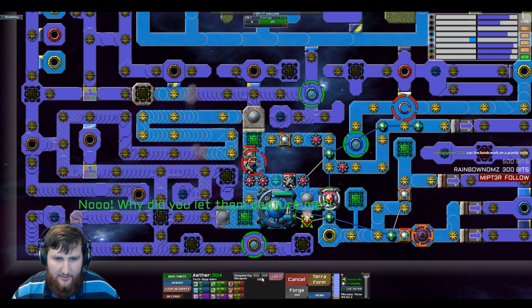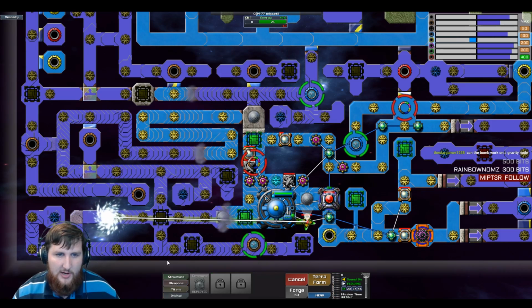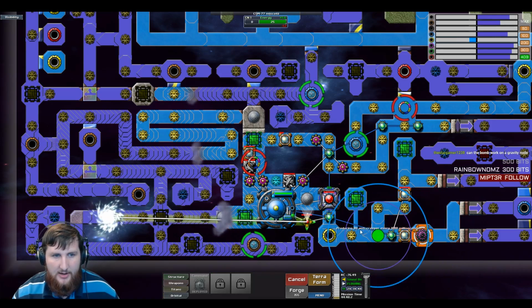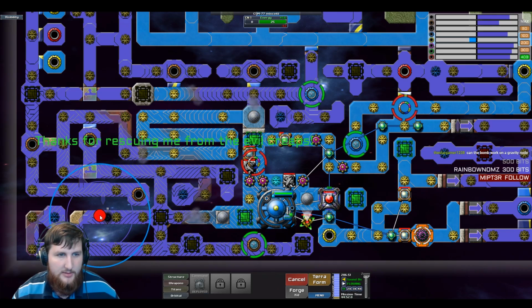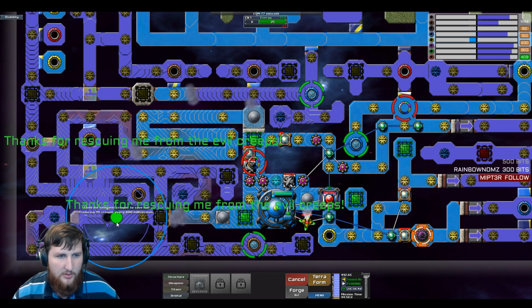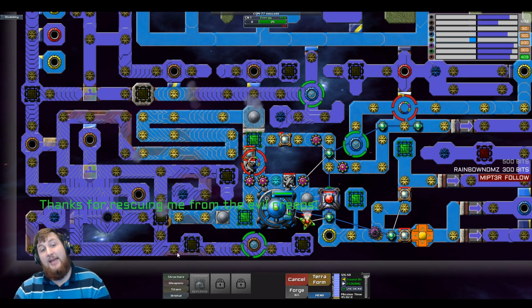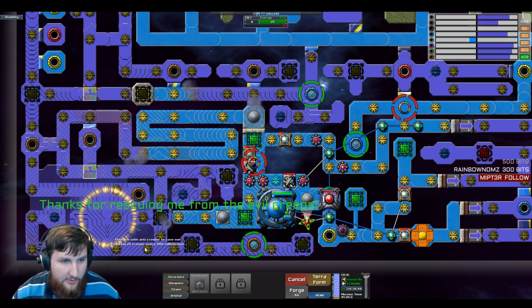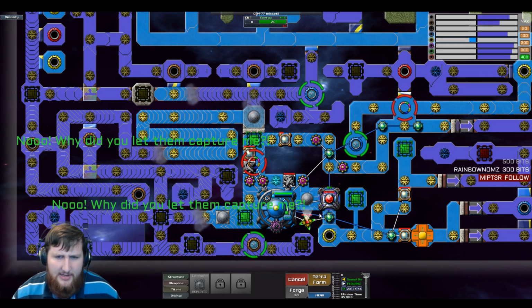Alright, we're going to fire 50% this time. And we're going to fire across again. And then we're going to use a bomb to hit the concentrated stuff here. Which should let us gain this power node. Oh, I mistimed it with the,